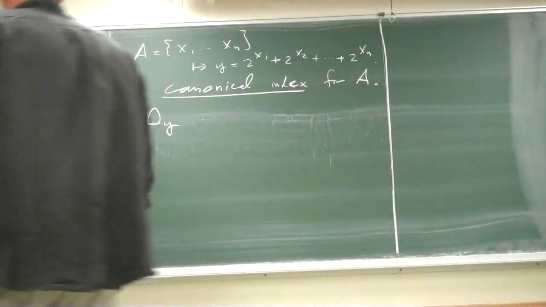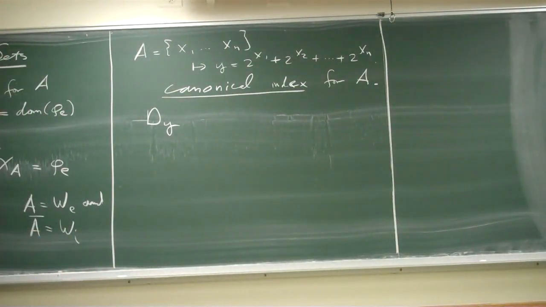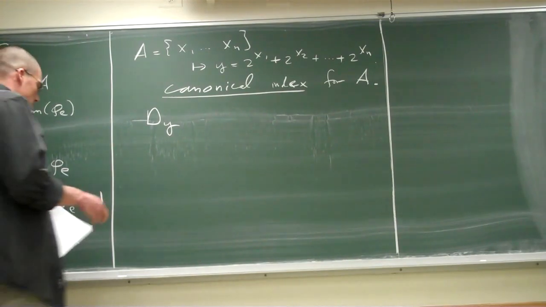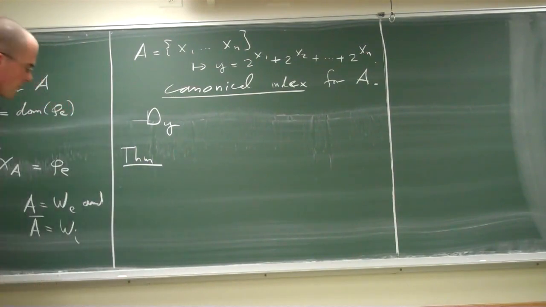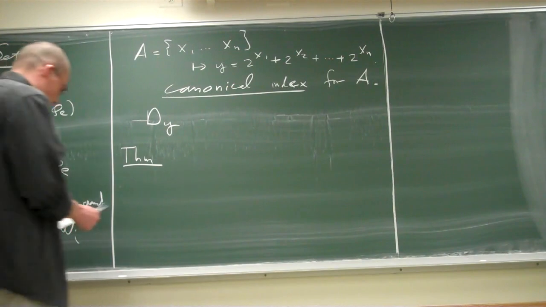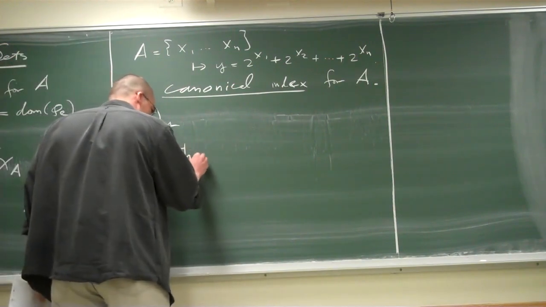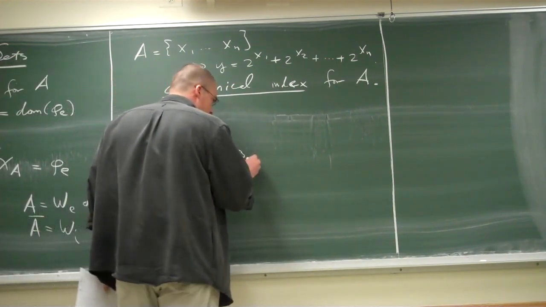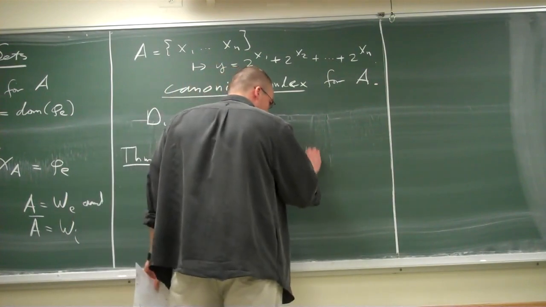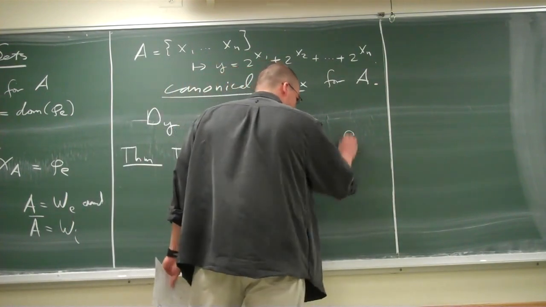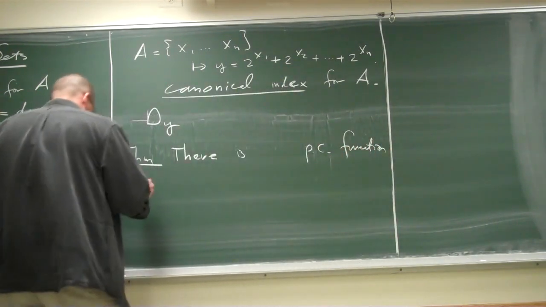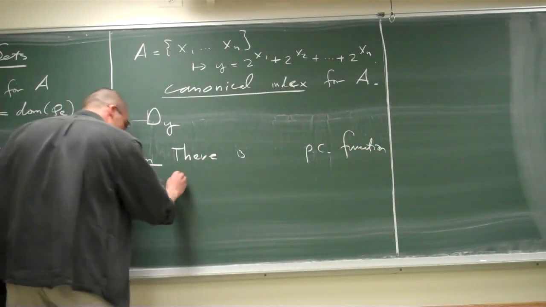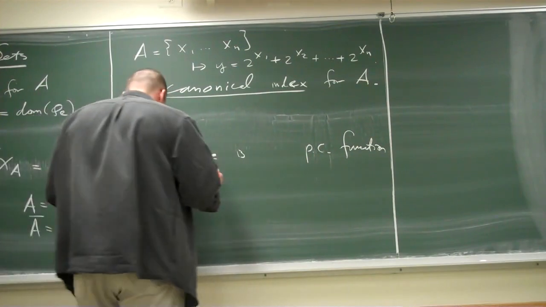So related to our realizations about these indices before, now it would be really nice to have a theorem of the form that there is a partial computable function, let's call it phi I, such that